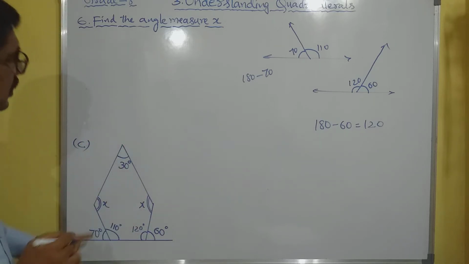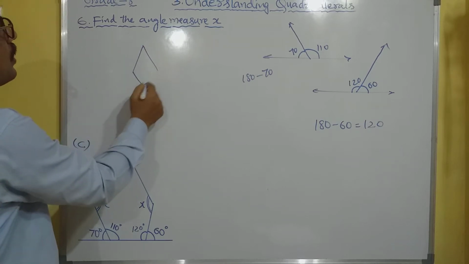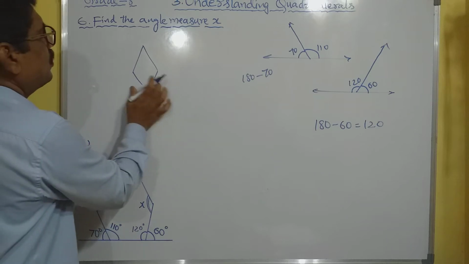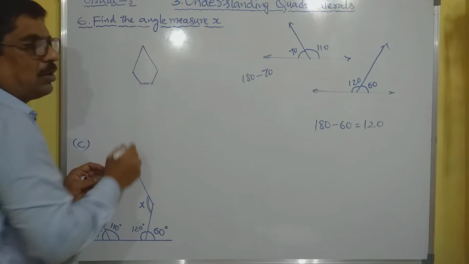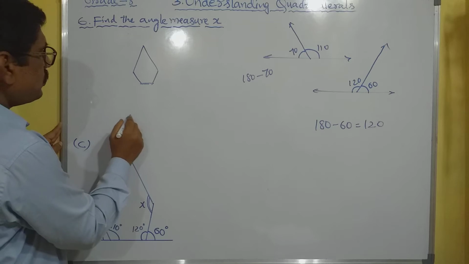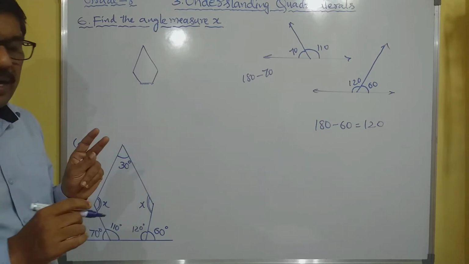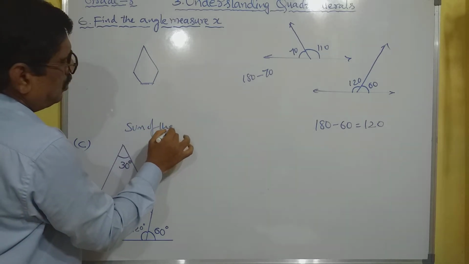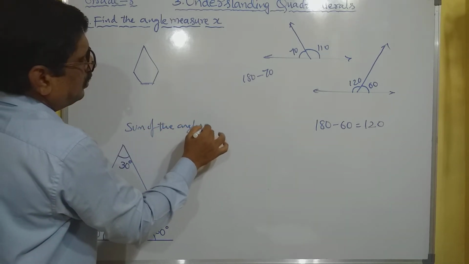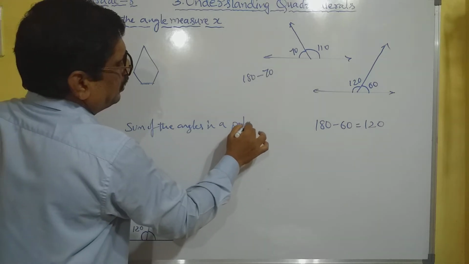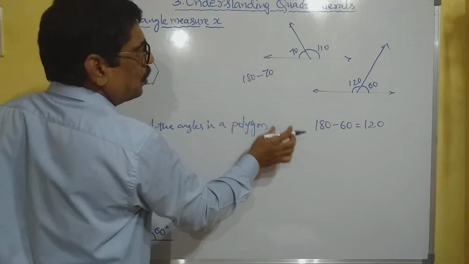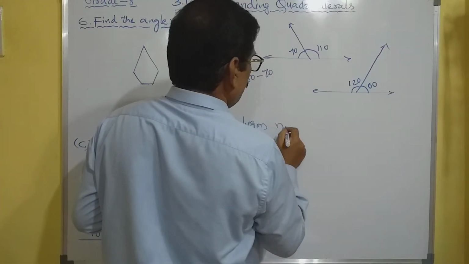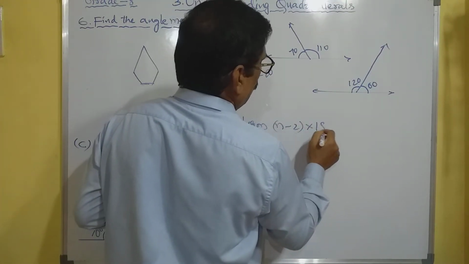Now, this is a pentagon. How many sides are there in this? It is a pentagon. Pentagon means how many sides? 5 sides. So there will be 5 angles also. So, what is the formula for the sum of the angles in a polygon? We have a formula which we have discussed already, that is n minus 2 into 180